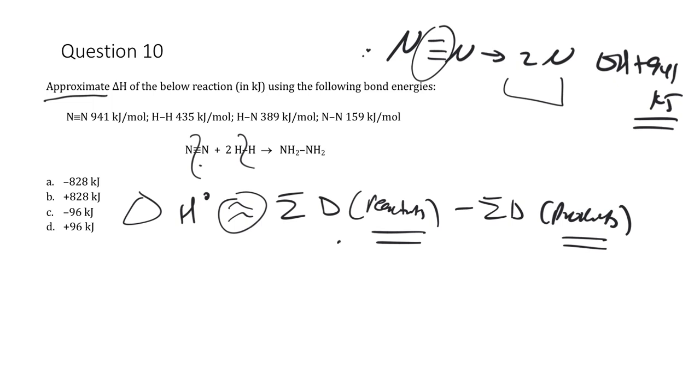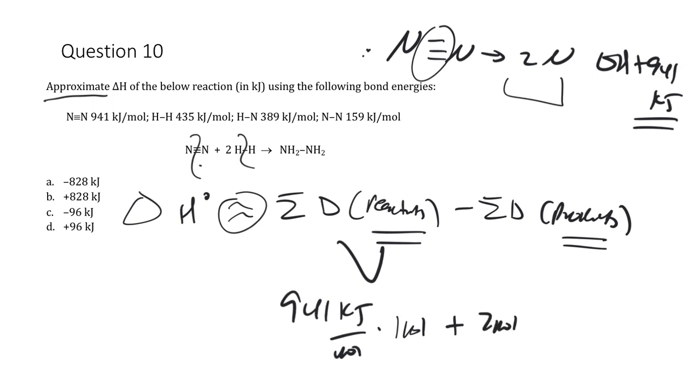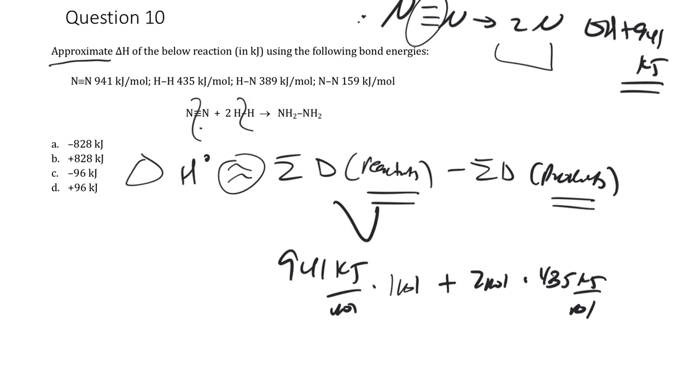But the energy it takes to break the bonds here is 941 kJs per mole times the 1 mole of that bond, plus the 2 moles of the H2 times the 435 kJs per mole of that bond. So this is the energy it takes to break the bonds in the reactant. So 941 plus 435 times 2 is 1811